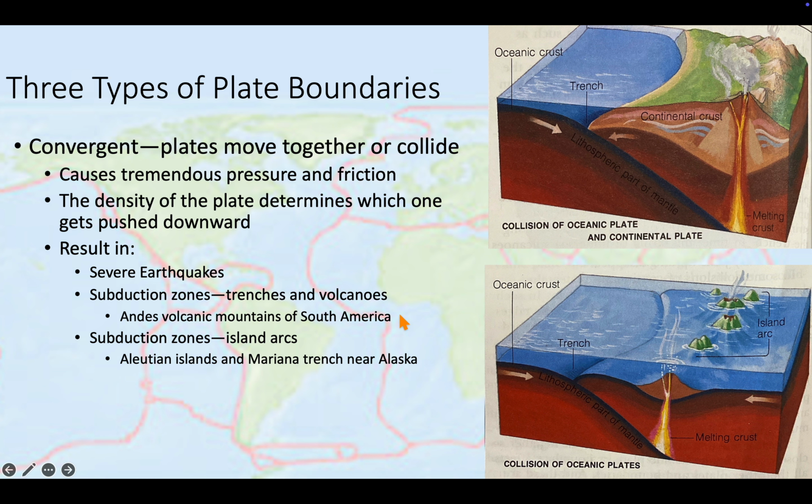The Andes volcanic mountains of South America would be an example. So that would be right along here. Subduction zones can also give us island arcs. So the Aleutian Islands and Mariana Trench, that would be like off of here. We don't have the whole part of that, but